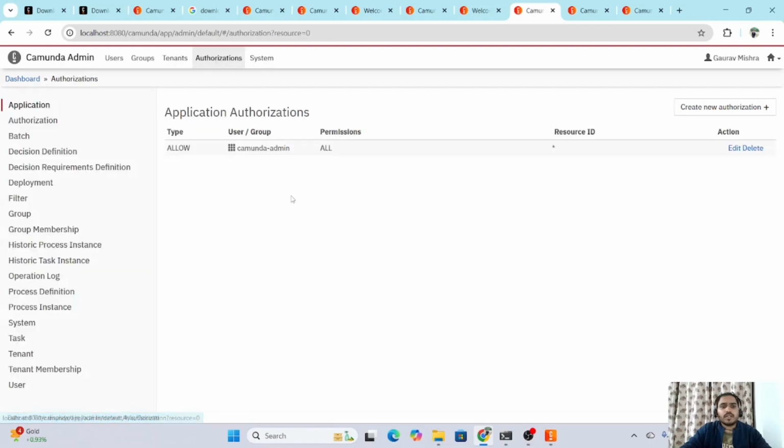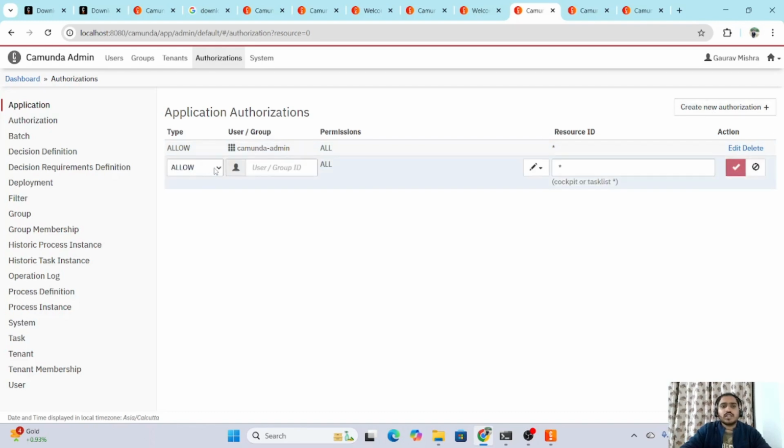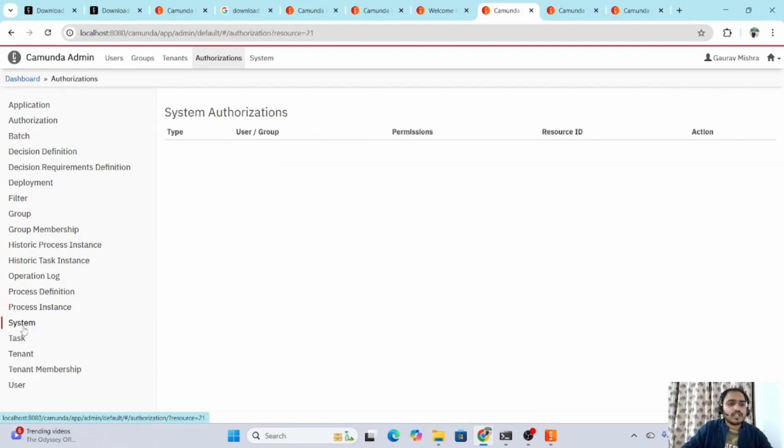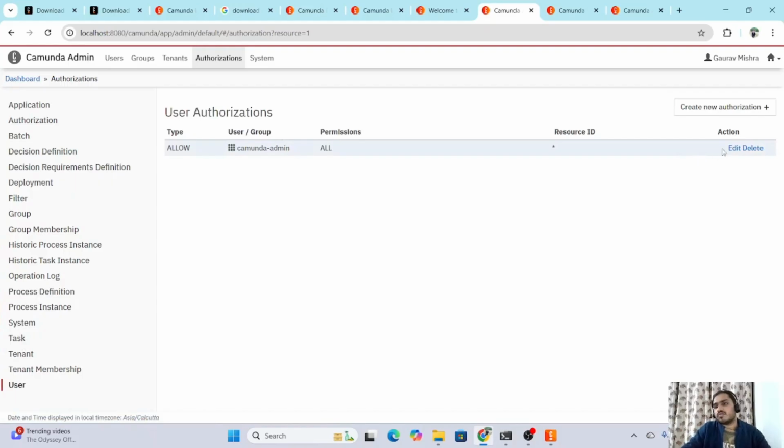Then these are the authorizations, right? This is very useful for the permissions you want to give to a particular user or any groups. If I want to create a new authorization, I can allow or deny things like batch, decision definition, deployments. I mean, who can do the deployment, who can see your groups, who can see your historic process instances, who can see the process instances, who can add a user, delete users, and what all the things we can do from the